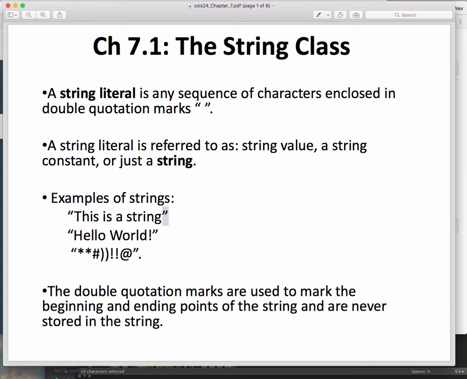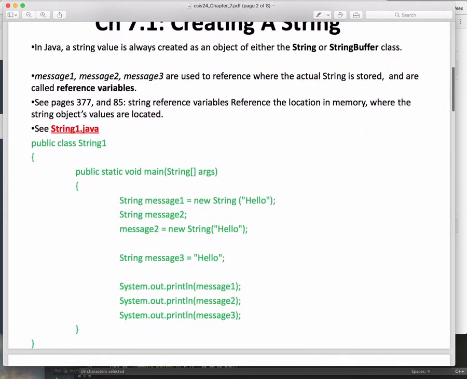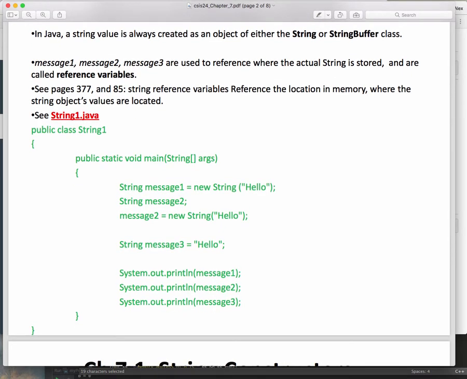So anything in quotes is a string. You can have any kind of numbers and symbols and spaces. It's a string. Creating a string. There are different ways to create a string, and these are examples from the book. So this one is string 1 Java,